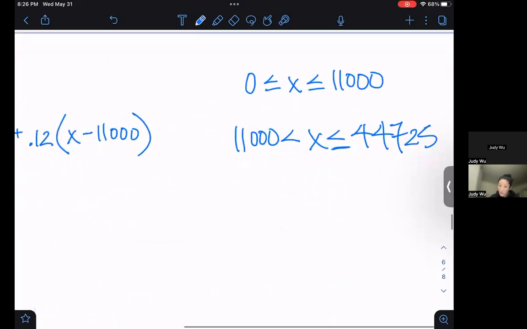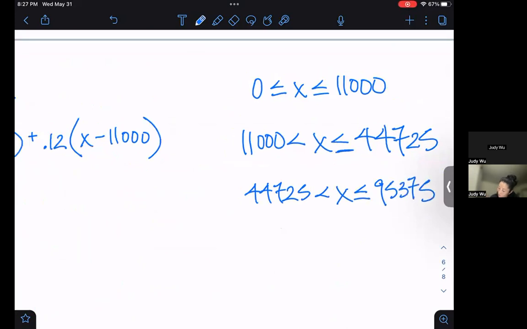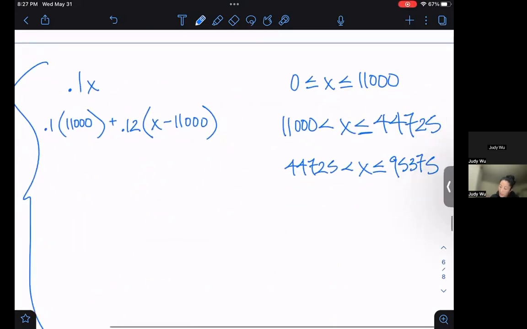So let's see if I can remember these numbers. We go from 44725, everything bigger than that, all the way up to 95375. So in what we would call the third tax bracket, we still get to pay 10% of